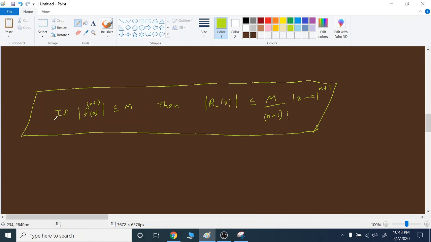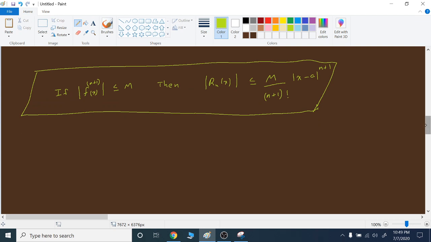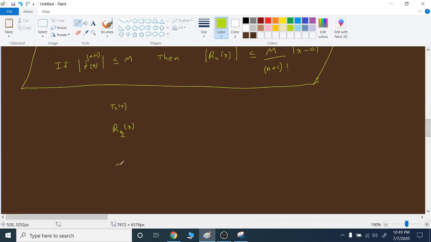Now the result is, if the n plus 1th derivative is less than or equal to M, then Rn, the remainder when you choose the nth degree Taylor polynomial. Now in our case, it should be R2, right? Because we are taking the second degree Taylor polynomial. So for this condition to be satisfied, we need the third derivative of the original function. Now the third derivative of the original function is this one,